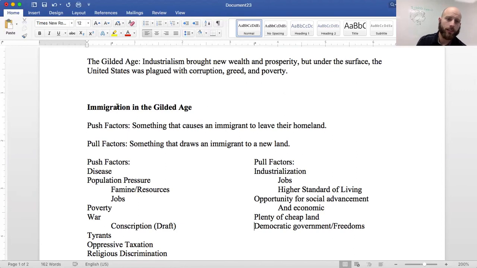Okay, so that's immigration, push and pull factors, right there. Just to review, vocab word, vocab word, vocab word, vocab word, and all of these things you've got to memorize. There's quite a bit in this. So normally in class we'd stop, we'd review, we'd hammer it home, we'd review again tomorrow. We're not going to do that because I'm a video and I can't stop you and make you review. So stop, press pause.